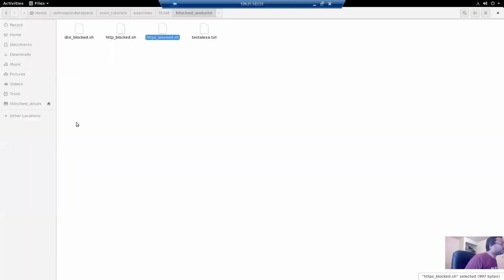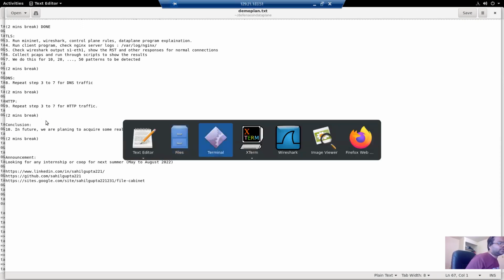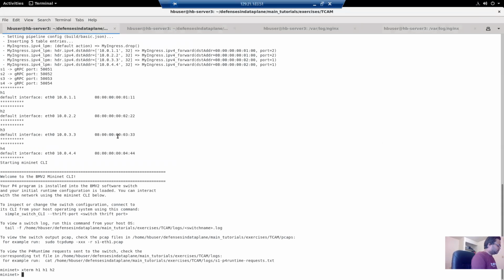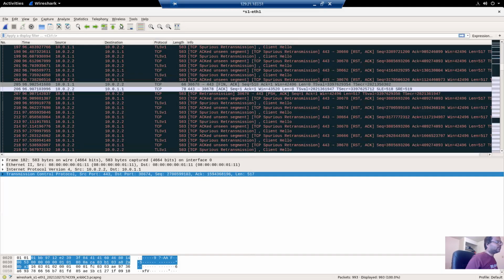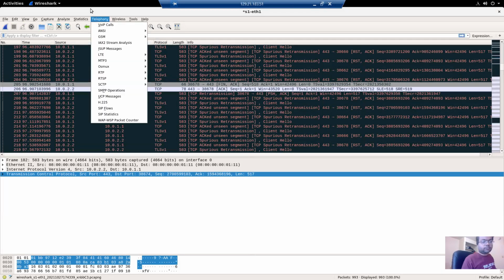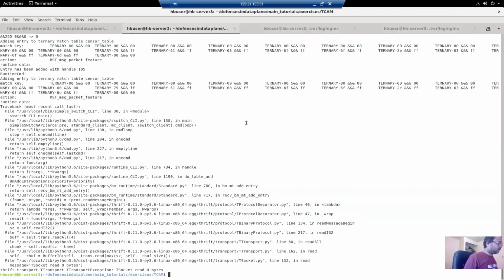Okay. Let me go through the HTTP first, because we're going to use the same rules. For DNS, there is some change in the low-level rules because of the way it represents the dot pattern. Now you use the exit command to quickly exit. Once you exit, all the virtual interfaces get cleaned up.